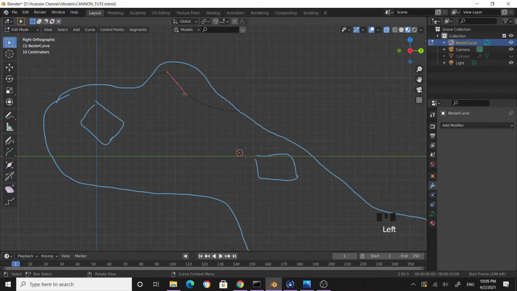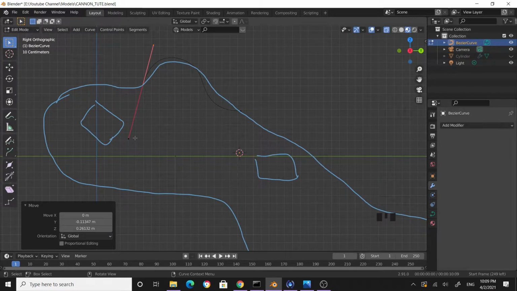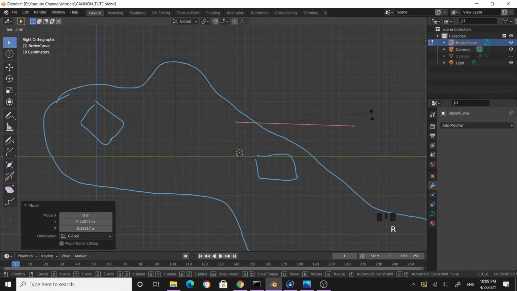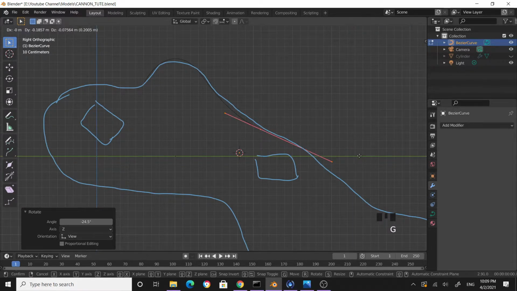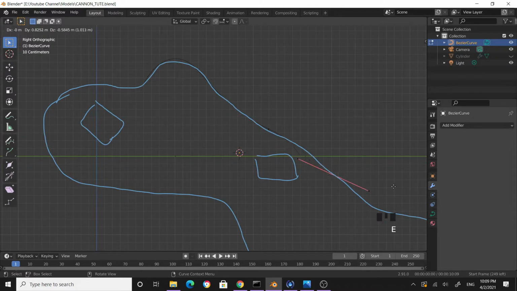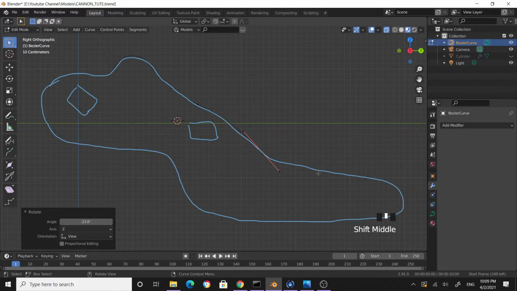Now grab this and then bring it somewhere here, grab this point only, and then adjust this point, and now this one, rotate, and then grab. We can scale this one, and then select the entire thing, E to extrude, and then get somewhere here, R to rotate to get the shape, extrude again,